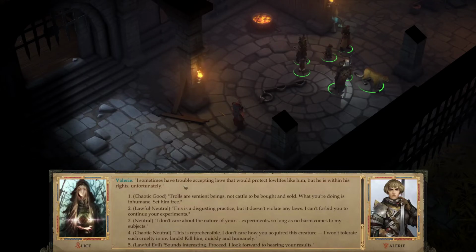But yes, she is not very smart. If you want to tell him to release the troll, best not to bring Valerie here, or you'll annoy her. What she can't see doesn't matter. So basically, we can. It's like, again, it's a bit weird, isn't it? Because lawful neutral, this is a